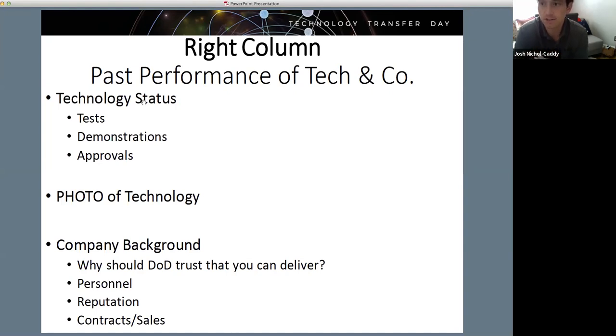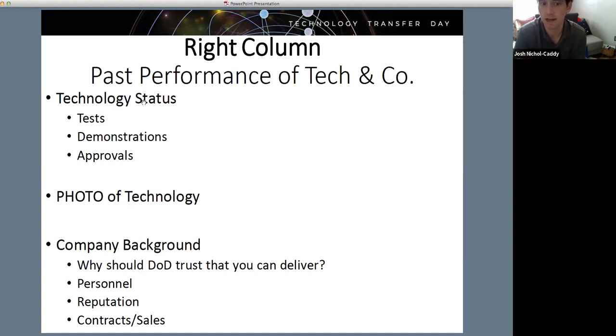What demonstrations has it gone through, and what certifications or additional approvals do you or the product have that really means it's ready to be deployed, or at what level of development and production it's available. So again, it's a little bit more of a nuanced kind of TRL, but that's the idea there with